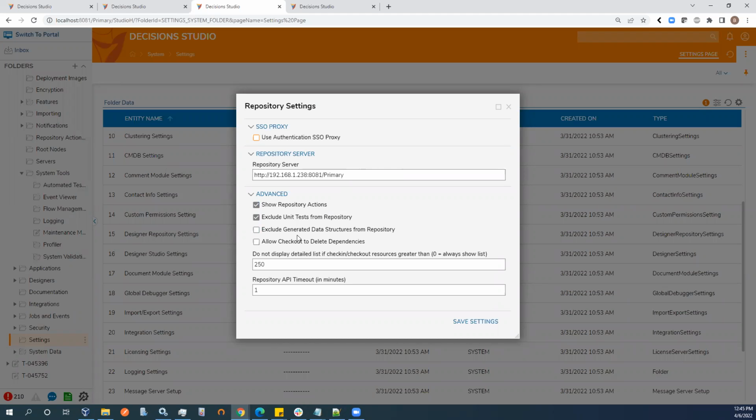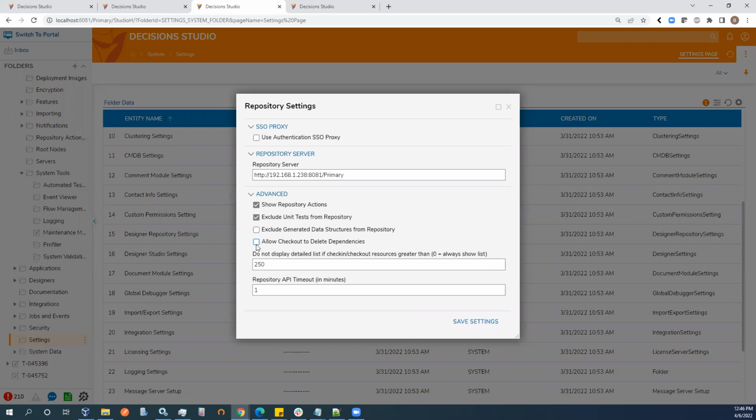There's also this allow checkout to delete dependencies. This is something that's new. We try to be pretty strong about preventing things from being deleted. And so sometimes you may run into an issue where you do a checkout and you'll get a deletion issue stating that an item is used as a dependency for something that's still in use. If that's the case, and you don't really care, or you just want to get it removed, you can use this allow checkout to delete, which will force the delete even if there is a dependency. Normally, though, this is off by default